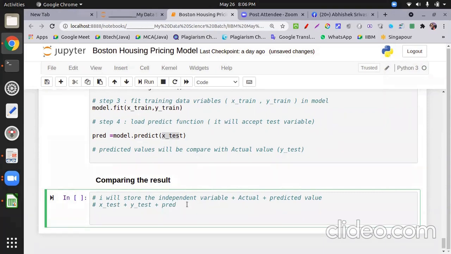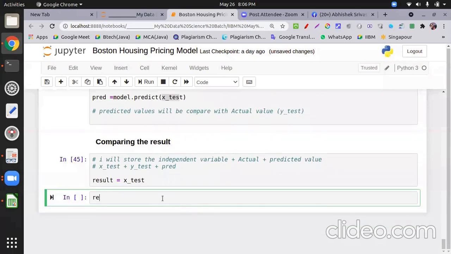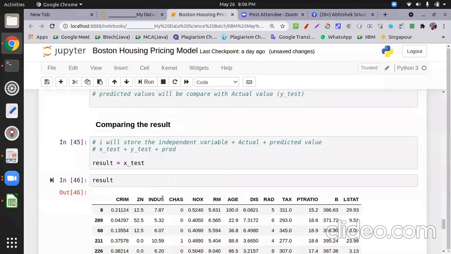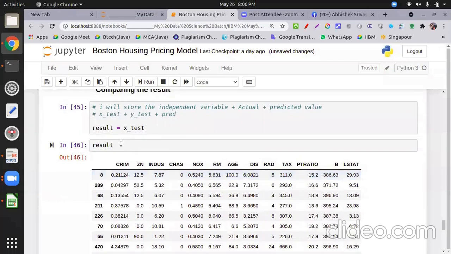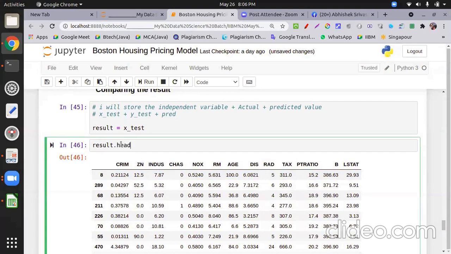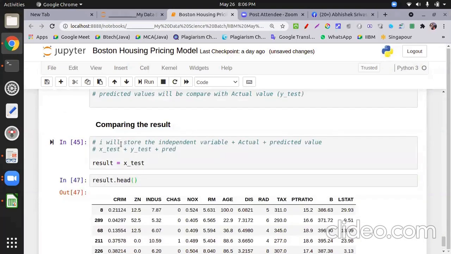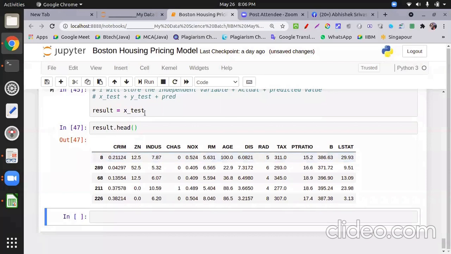My new data frame variable, result, equals X test, which means I copy the X test values inside result. So result has everything that is inside my X test. Now I just take the head so that it can scroll a little bit. Cool. Now I have to add the y test, so I'm adding a column.